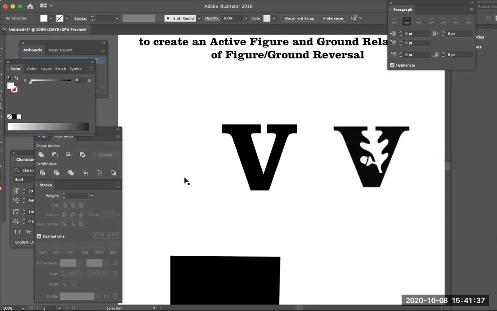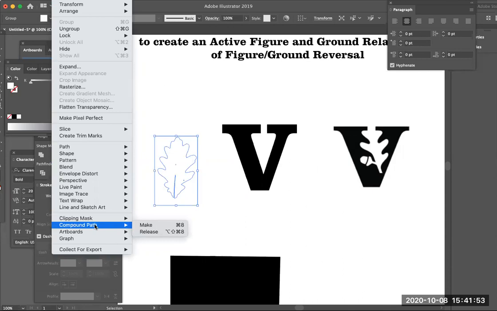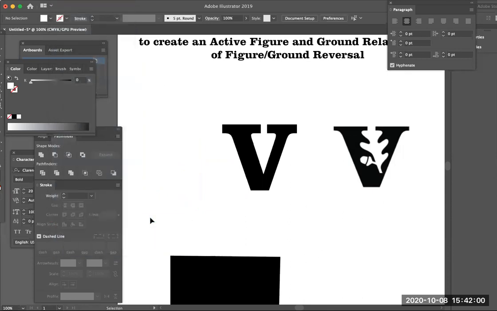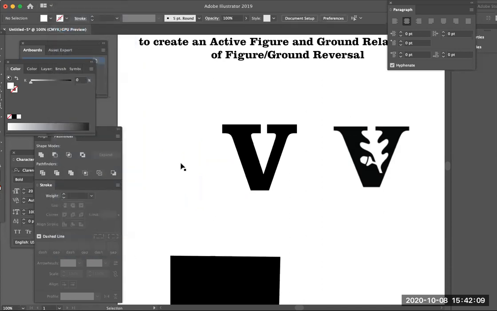And if I click away, I can't see it. So what I want to do is separate the leaf from its background. And so to do that, I'm going to go back up to Object, and I believe it's a compound path, and it is. So I'm going to do compound path release, deselect, click back on it, and it looks like I'm still getting the whole thing. So I'm going to ungroup now, deselect, click back,